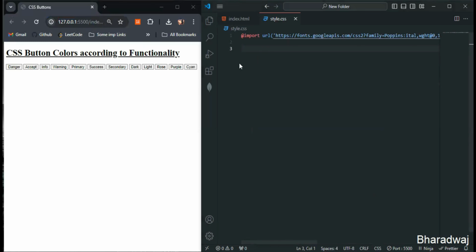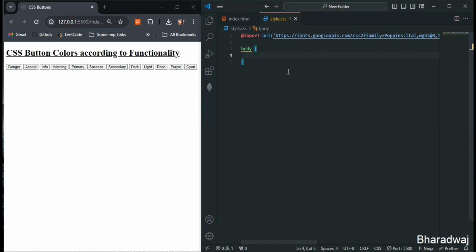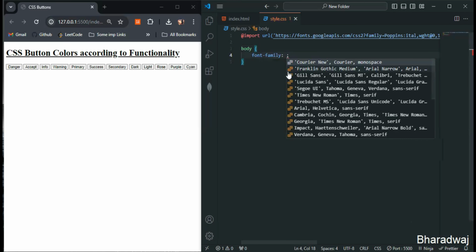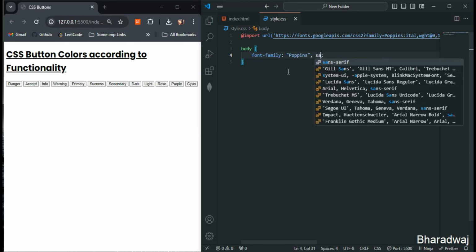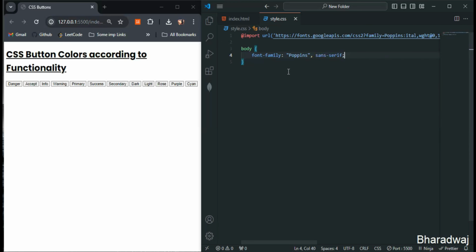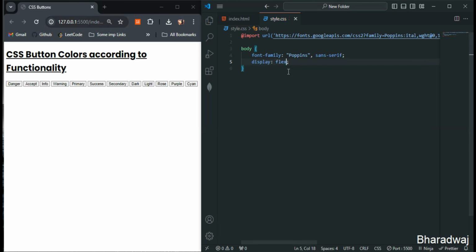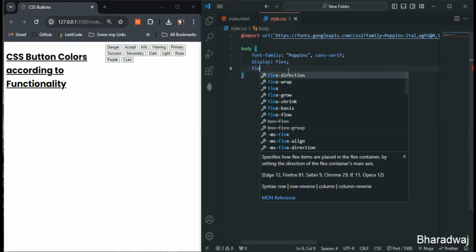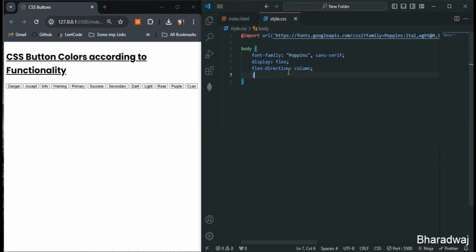Let me close this one. So initially, let's style for the body. I'll just come here. Let me copy this one and let me paste it over here. For the body font family, I'll just give Poppins and sans serif. The primary font we'll be making use of is Poppins. If something goes wrong, we'll be making use of sans serif. Let's continue styling. I'll give display flex, direction column, also justify content, center,